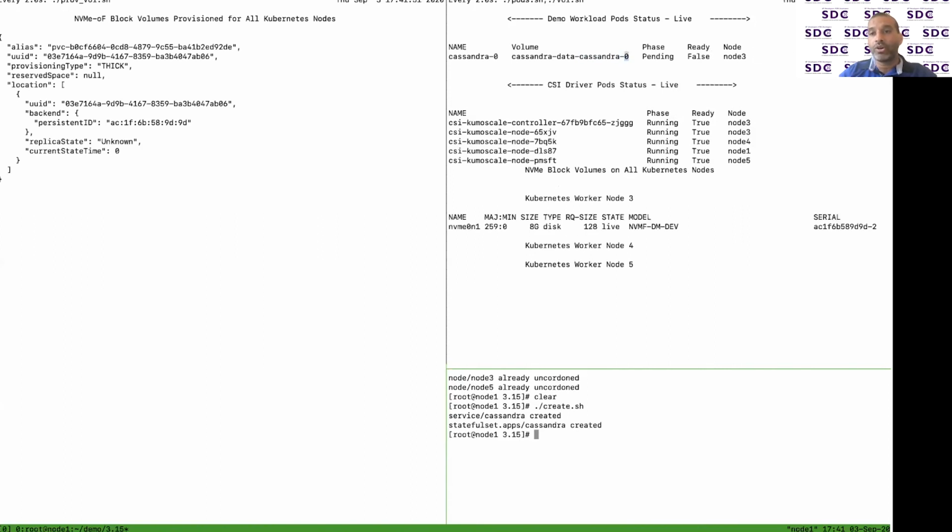It started on node 3 and it created one volume. Now we see one volume on the left side, and that volume got attached to node 3 because Cassandra 0 is started on node 3. So that's why this volume got attached. It's a block volume. This is the output of the NVMe list command, which is coming from the Linux shell of this node. When Cassandra 0 is ready, it's going to move to the next Cassandra